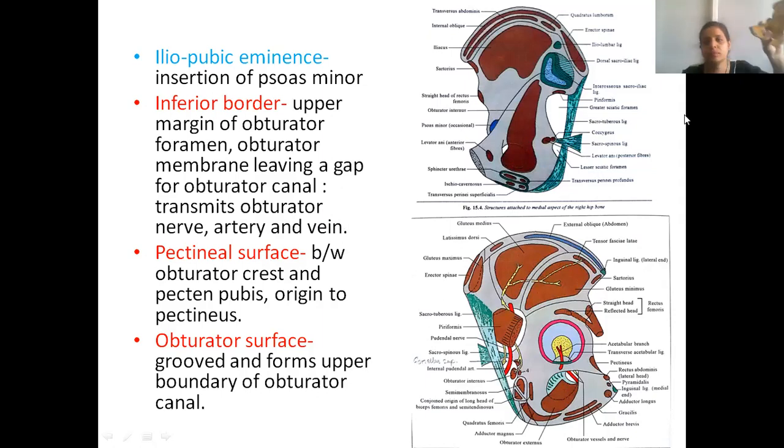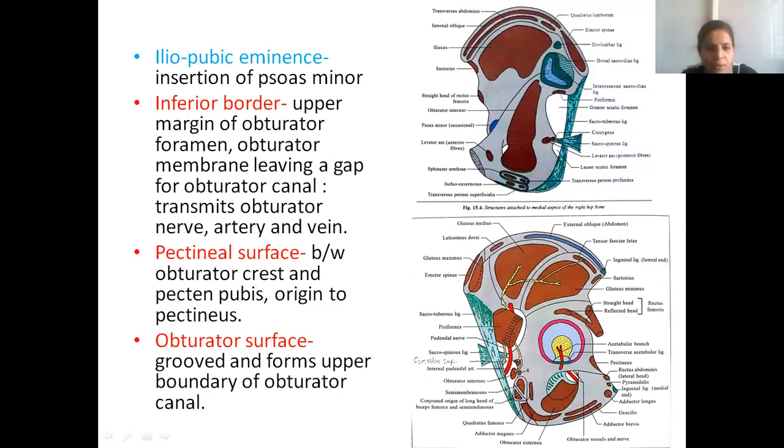Obturator foramen, very simple to remember. We have the obturator foramen. The name of the membrane is the obturator membrane. The muscle inside is obturator internus. The muscle outside is obturator externus. The small gap which is there is giving passage to the obturator vessels